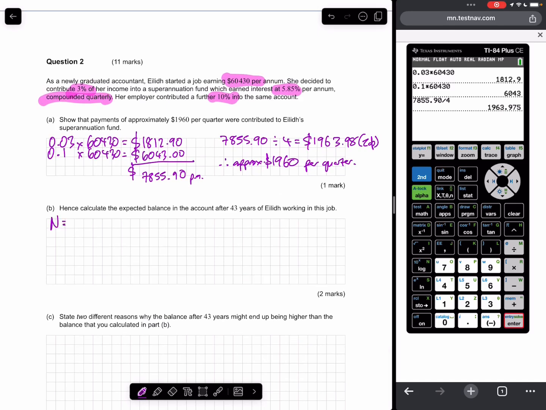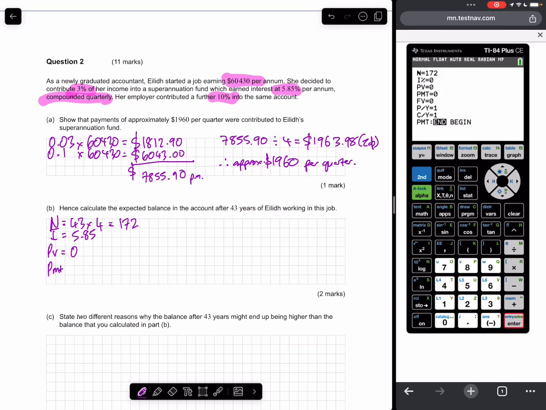And 43 times by quarters. Apps, finance, TVM. 43 times 4 is 172. The interest rate is 5.85%. She doesn't start off with anything, so no starting amount. PMT,